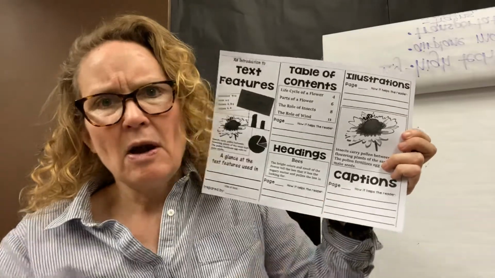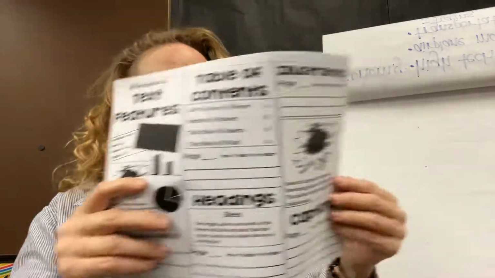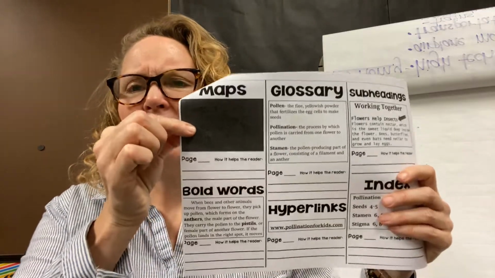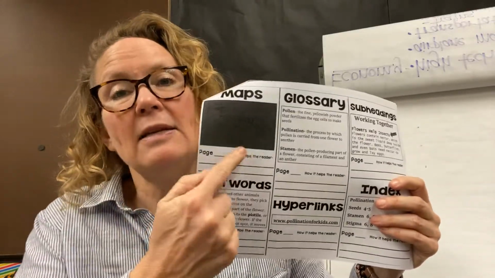Captions. Now, there are a bazillion captions that we saw when we were reading both texts. So the page number is less important, but what I'm concerned about is you writing a complete and clear sentence about how captions help the reader understand more. Keep going. Maps. It's kind of a dark picture, but you know what it's like to use a map. Now, there are no maps in these because it's not as relevant, but you know what maps do, so you can still answer this question in a high-quality sentence. The same goes for